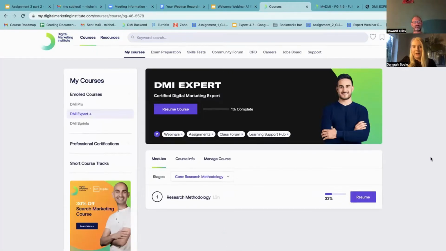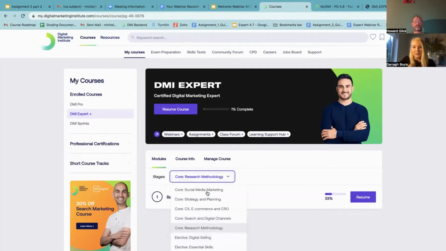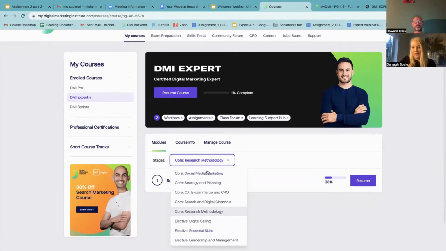So you'll pop in here and you can see a few different tabs. I'm just going to guide you through what's available in all of these. So firstly, you'll see your course information here in this area. When you log in, you're going to see that you have a number of different stages within your course. You can flick through them here and see what is involved in an overview. So immediately you're going to see areas that you're going to want to focus on more than others.